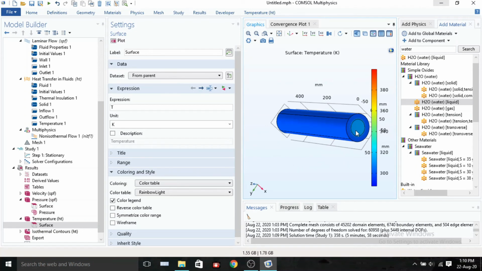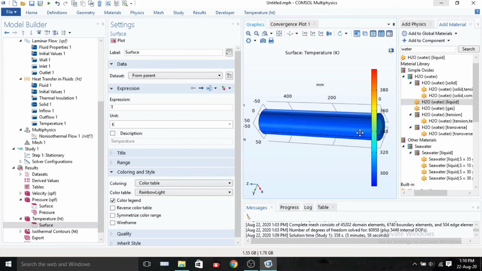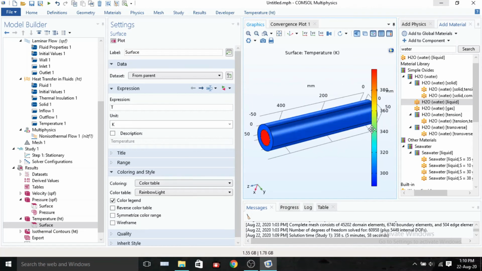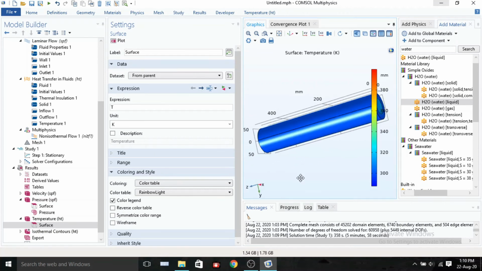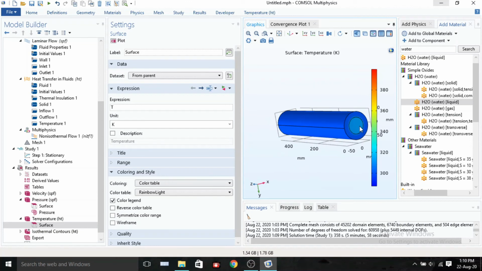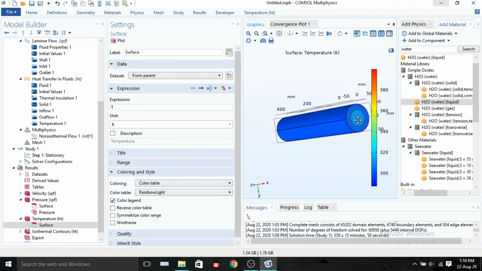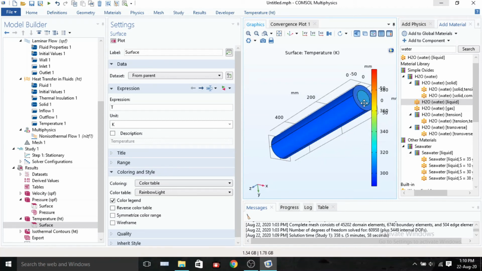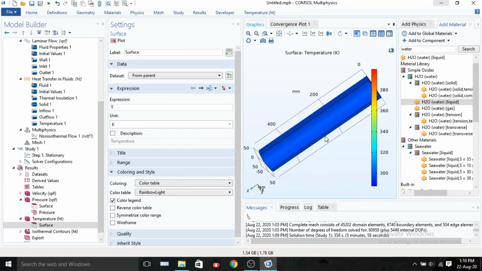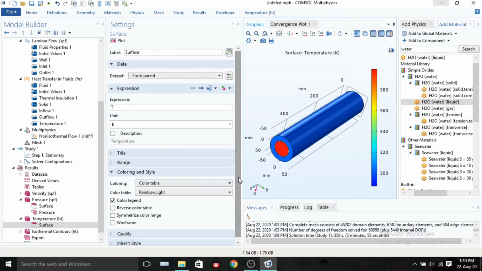As you can see, at one side of the fin it is quite hot, that is 400 degrees, and here that is thermally insulated, the other side of the fin, it is getting cold because of the heat transfer taking place due to the water jacket.